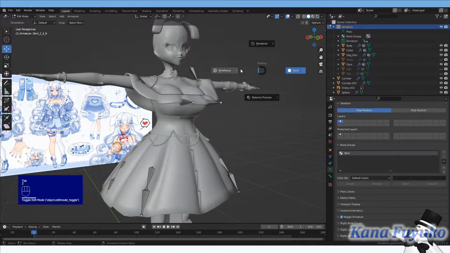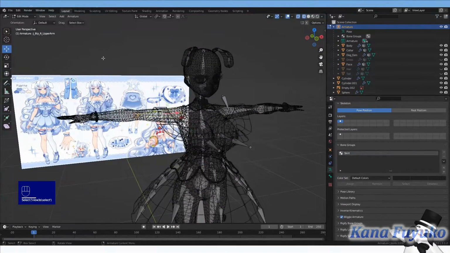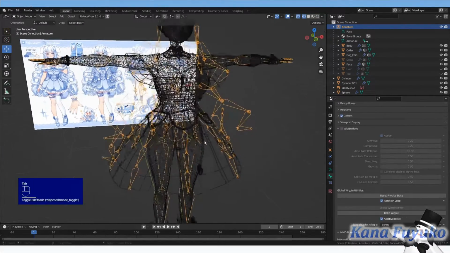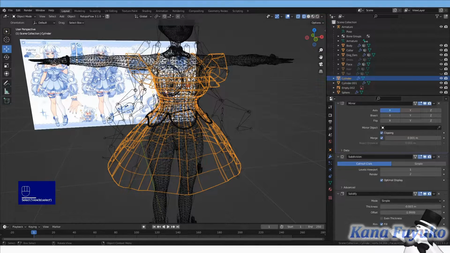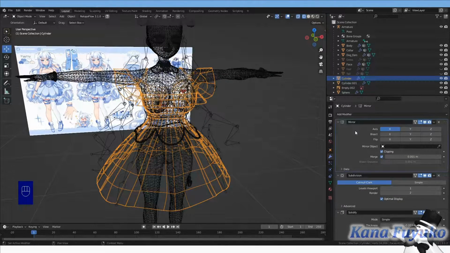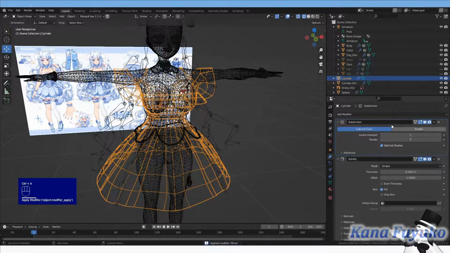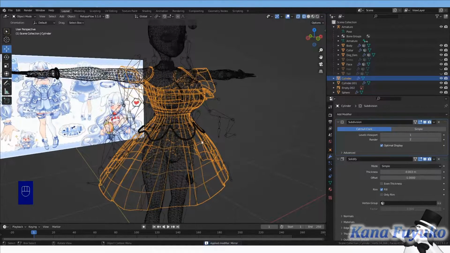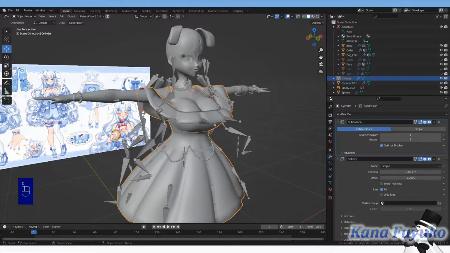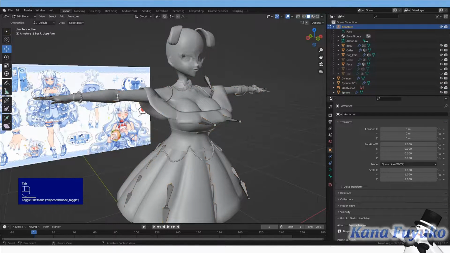But basically, for VRoid models, they have the underscore R, but it's in the wrong place. It should have been at the end. So usually for VRoid models, I always have to make sure that, let's say for the dress here, I apply the mirror modifier ahead of time when I'm weight painting it, because VRoid models, with the bone structure that they have, don't have the R at the end of the naming, so it doesn't properly mirror it.